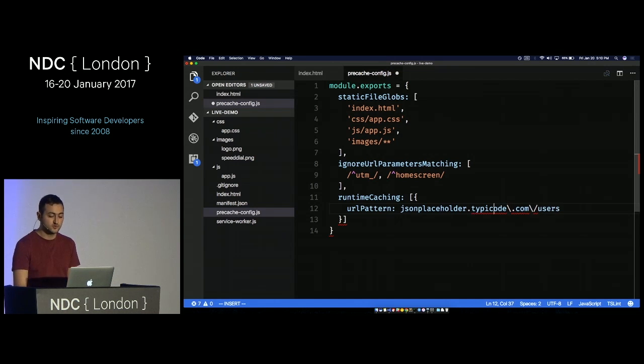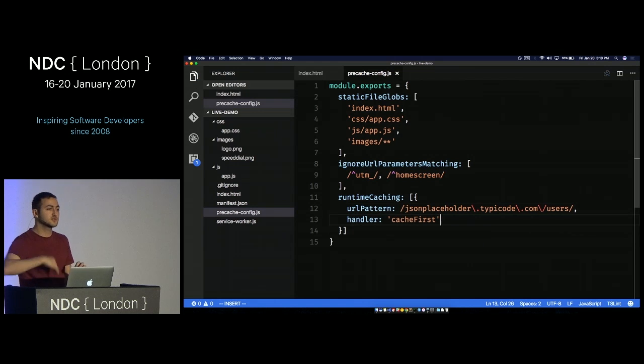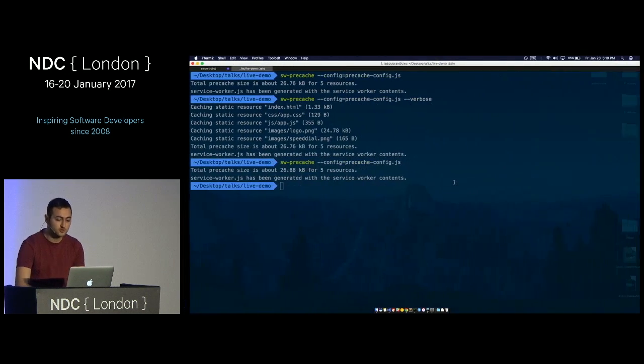You have to escape the dot and wrap it with a slash and a slash. That's it. So whenever the URL matches this pattern, which handler am I going to use? Let's say cache first. So the first time it's going to go to the network, and then subsequent requests will use the cache. So now we have to rerun the service worker code,